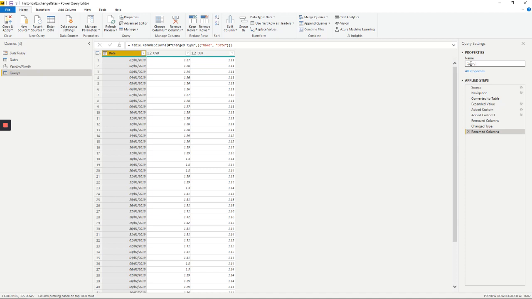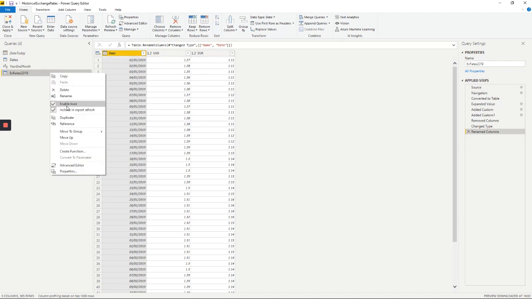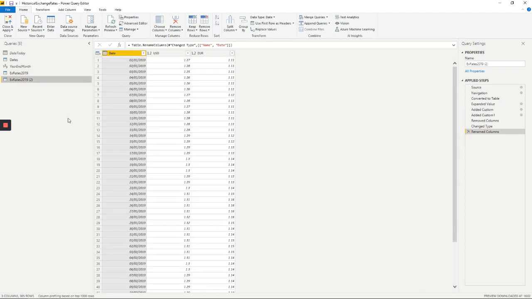Let's rename it X rates 2019. Now I'm going to do exactly the same for 2020. Now the good news is I don't have to go through all those steps. I can just simply duplicate the query, rename it 2020,